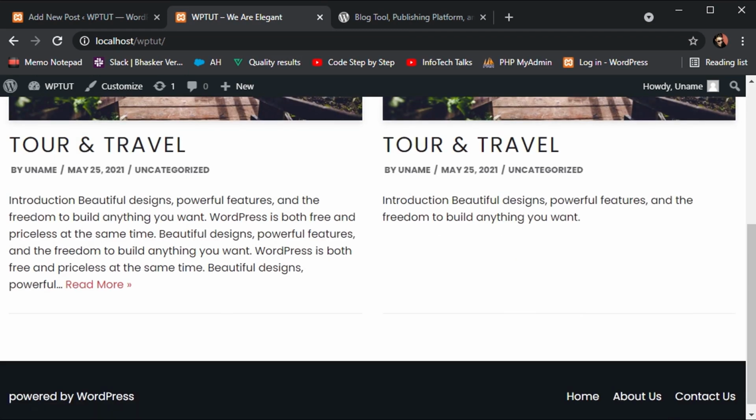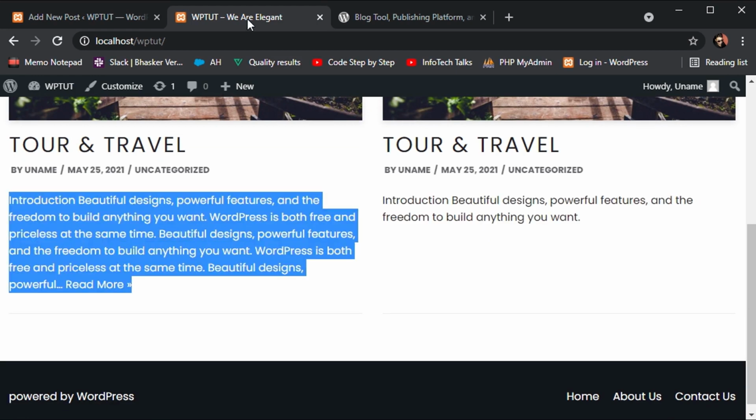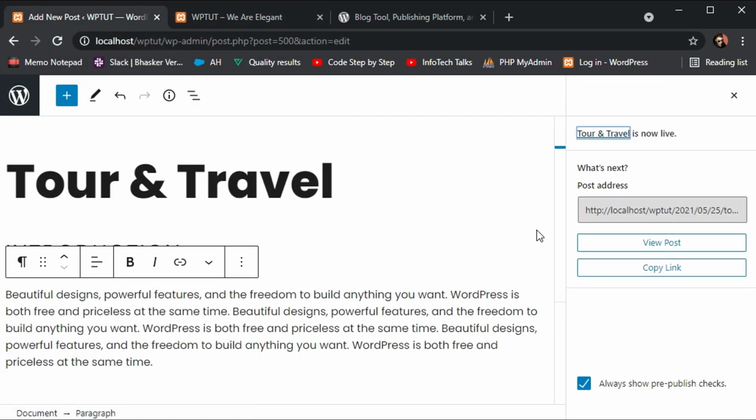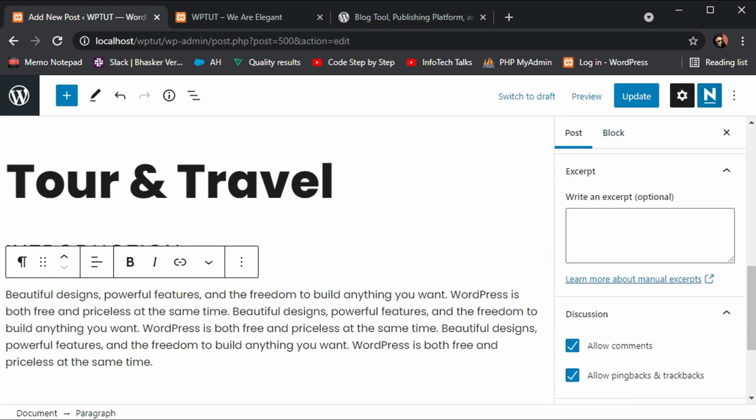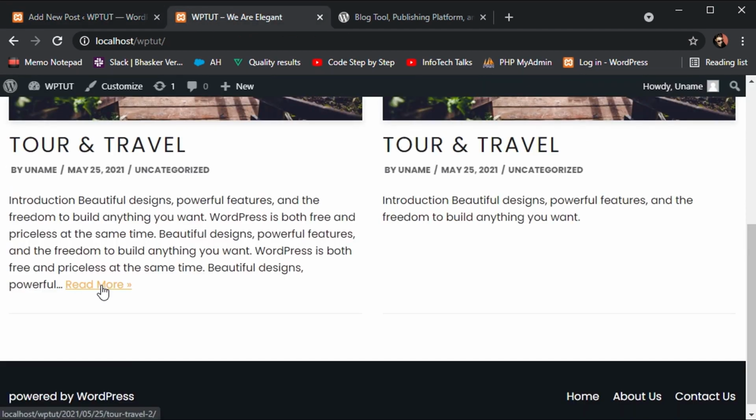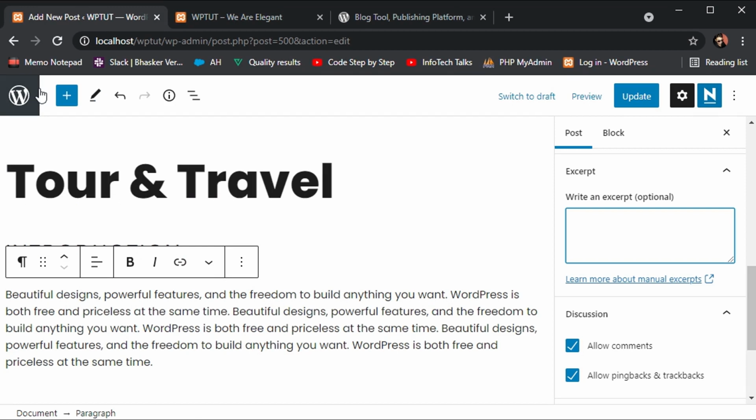In this post we did not enter these lines. Let me show you. We did not write anything here, so it is showing us the read more option and a few lines of our post. Obviously you can make changes to the posts.